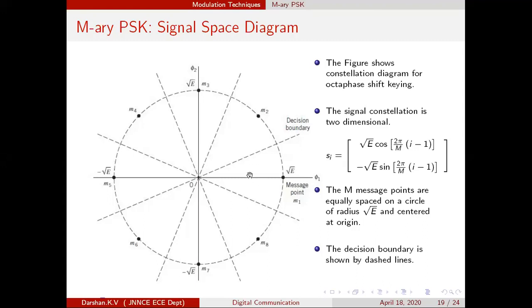Also, instead of falling in this particular sector, if the received signal falls in the sector belonging to M8, message 8, then also there would be an error. That means the received signal may fall in the adjacent sectors. You remember what you are doing: you are transmitting message signal 1. Because of the error, what are the possibilities? The signal may fall in the decision region belonging to M2, or it may fall in the decision region belonging to M8.